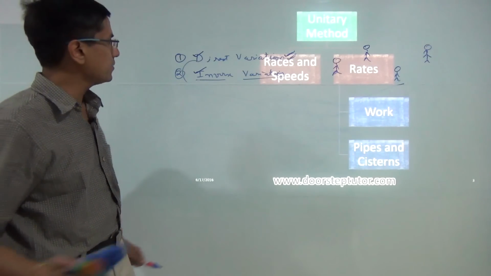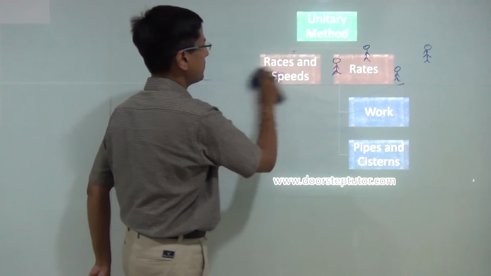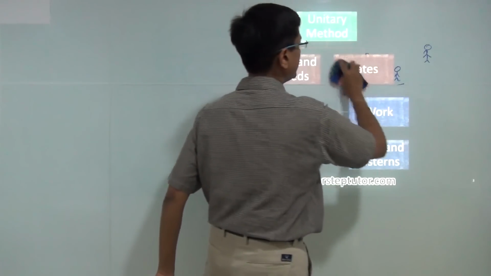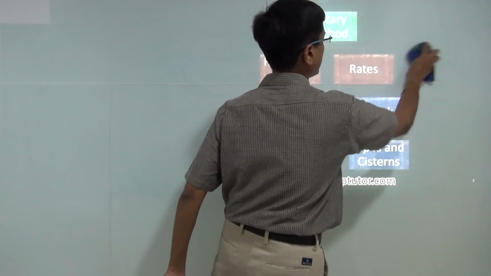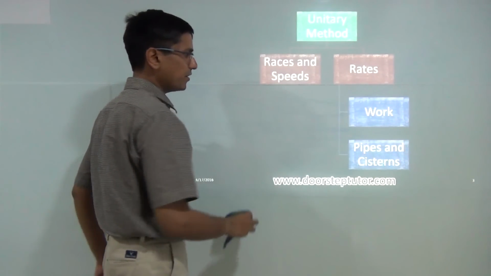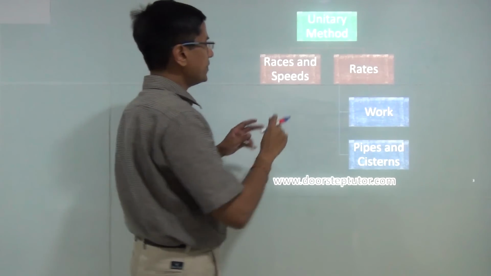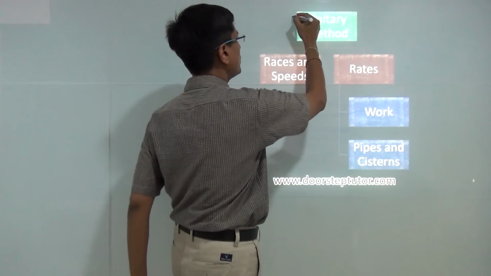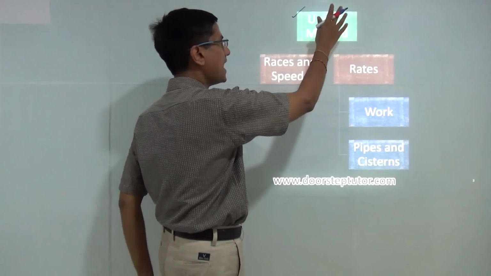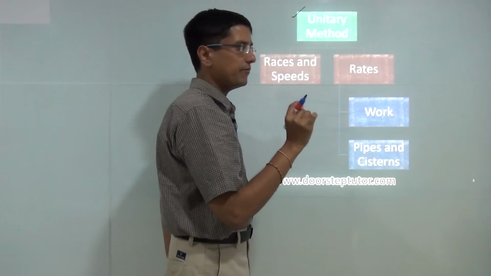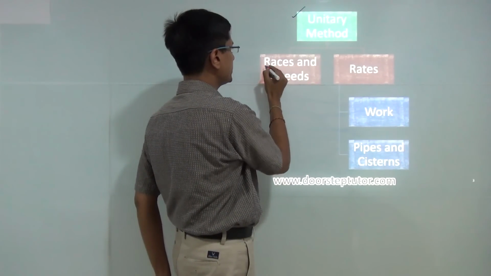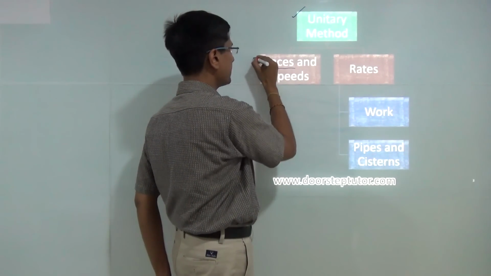So before we look at some problems and start solving some examples, this is how this entire thing, all the questions related to rate, kind of fit in. All of these questions are solved using the unitary method. We have to apply the unitary method some way or another. There are some questions related to races, we'll tackle them in a separate class.